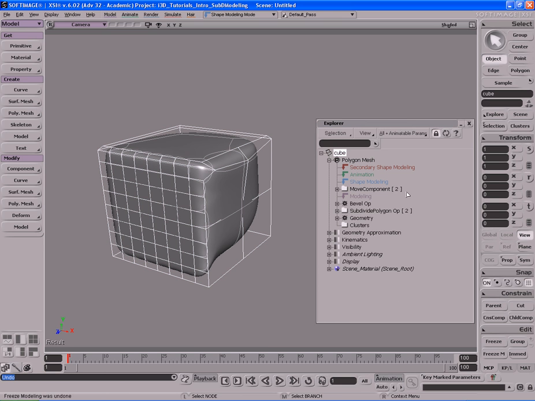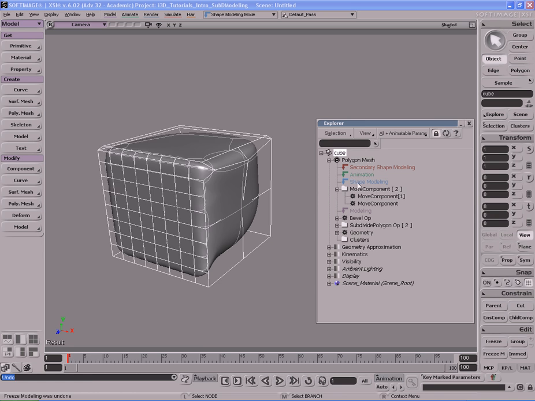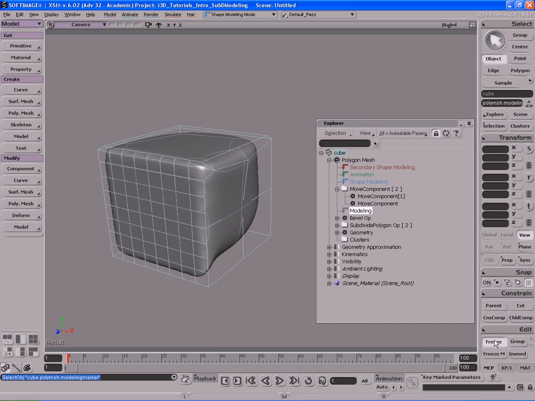So let me undo a couple of times. Here's all the stuff under shape modeling, and here's all the stuff under the regular modeling construction stack, the lavender one. Now when I hit freeze,